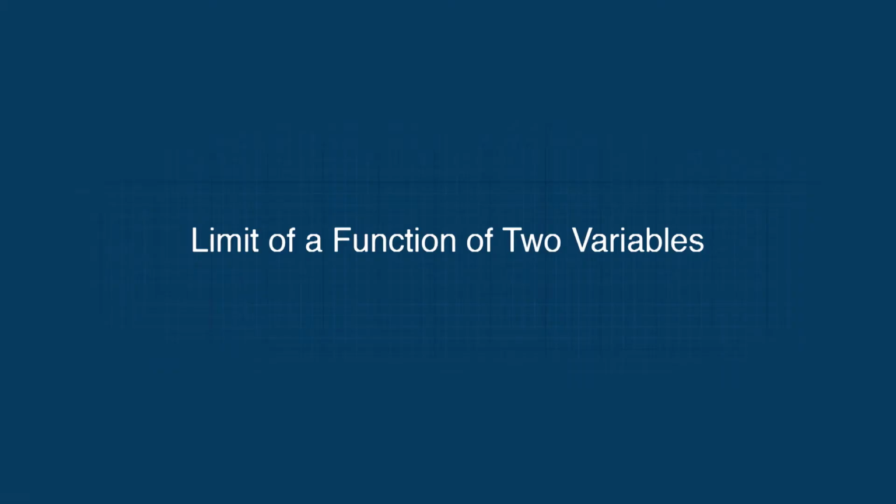Limit of a function of two variables. So far, we have discussed the limits along specific curves in a plane. By means of an example, we have observed that such limits do not give a complete picture about the limiting behavior of a function at a point. What we require is a limit concept that accounts for the behavior of the function in an entire vicinity of a point, not just along smooth curves passing through the point. To discuss these concepts, we need the following definitions.